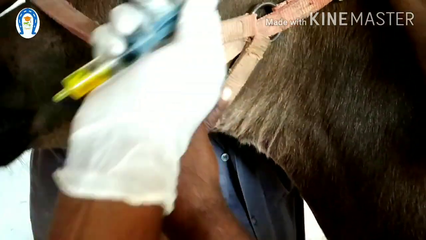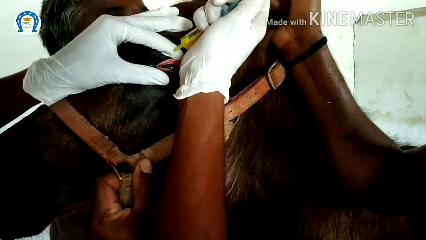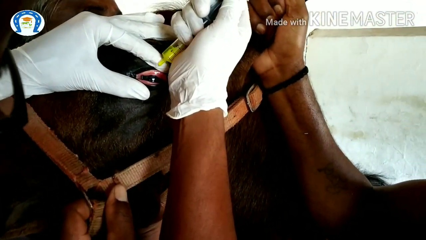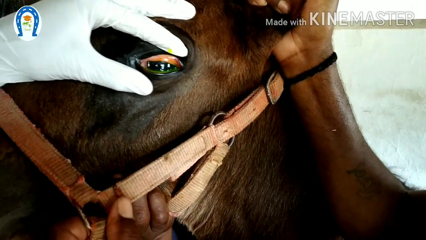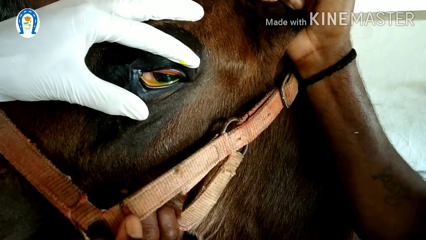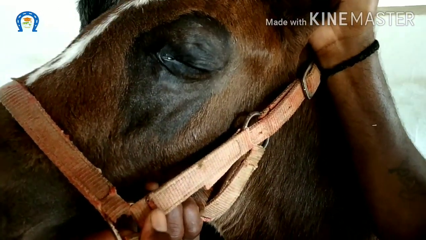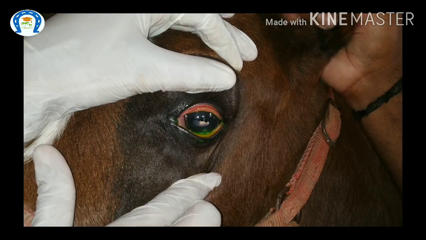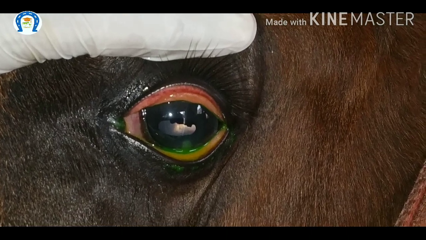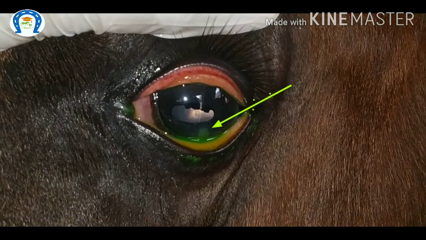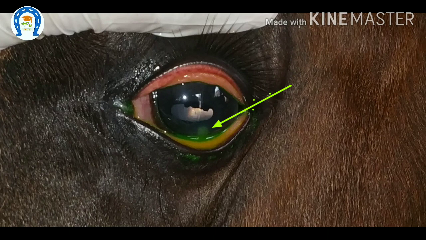1 drop is enough. We can store this dye for 48 hours in the refrigerator. Contamination is possible with prolonged storage. It is a water-soluble dye that is retained by all hydrophilic objects but not hydrophobic. Already I told that anterior epithelium is hydrophobic, so it will not take fluorescent dye. But if there is any breakage, the next layer stroma will take the stain because it is hydrophilic in nature.